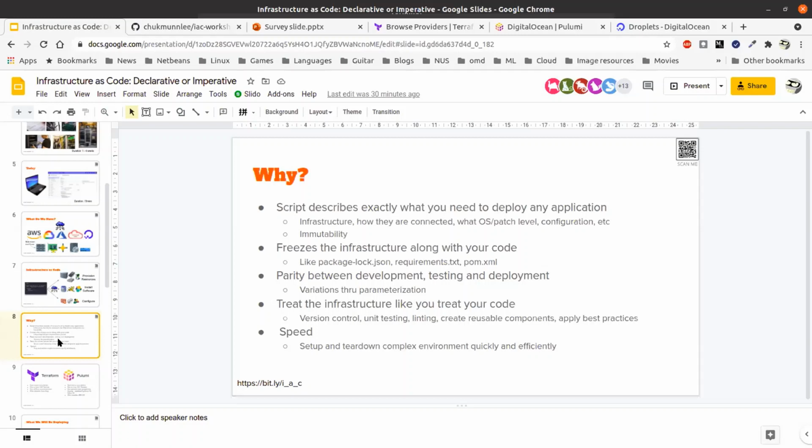And finally, of course, there is the speed of setting up and tearing down complex environments very quickly. The real benefit of this, like I said, is that very often today when we do testing, we don't really test on the environment that we're going to deploy. With IaC, we can now do this. We can set up an ephemeral infrastructure just for testing. The setup is the same, but maybe the number of VM instances could be less, the memory could be less, but the structure is the same. So those are some of the benefits.